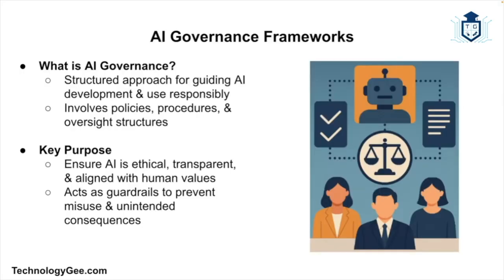All right, so now that we've talked about what can go wrong, let's explore how to prevent it. And that's where AI governance comes in. Governance might sound like a boring boardroom word, but it's really just about having rules, roles, and responsibilities for building and using AI. So let's go ahead and break it down. Exactly what is governance? Well, AI governance is a set of policies, procedures, and structures that guide the development, deployment, and monitoring of AI systems. So think of it as the guardrails that keep AI ethical, transparent, and aligned with human values.